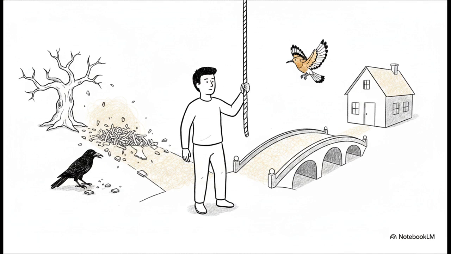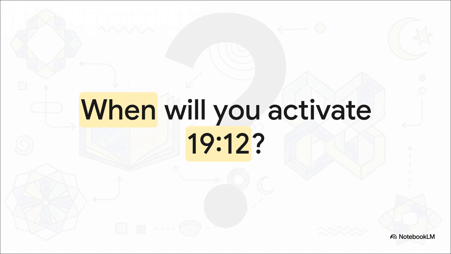Because when the false center inevitably disowns you at 1422, only the firm grip of the integral remains. Knowing that the book is the constant and you are the variable moving through this incredible eternal tesseract, the loop is entirely in your hands. You have the capacity to avoid that museum state of ego and align with the light of the integral. So the only question left to ask yourself is this: when will you activate 1912?